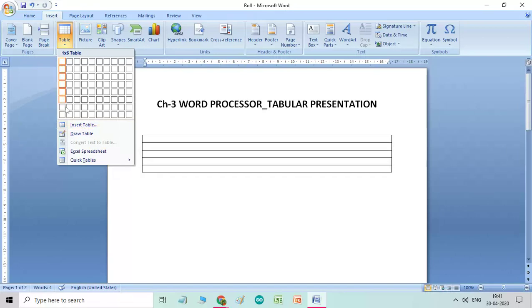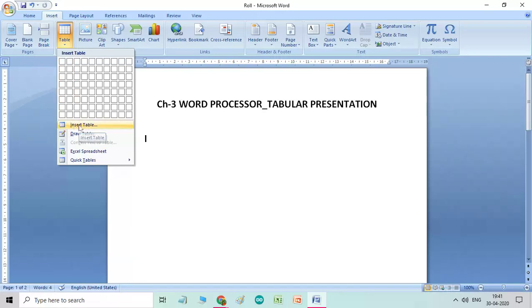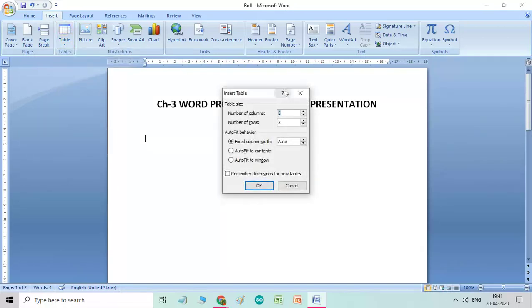As soon as you click, this dialog box will appear. Now here you can enter the number of columns. It is asking how many columns you want and how many rows. Suppose I need 4 columns and 4 rows.